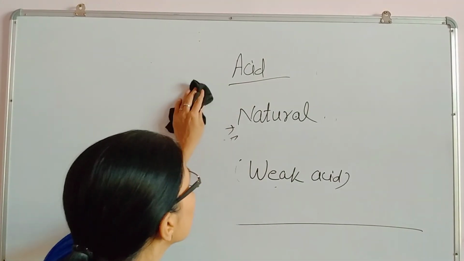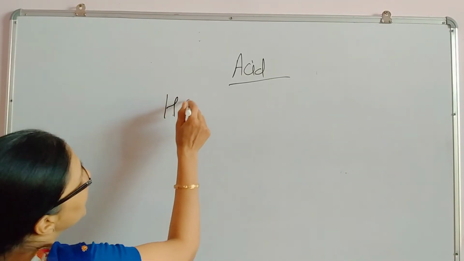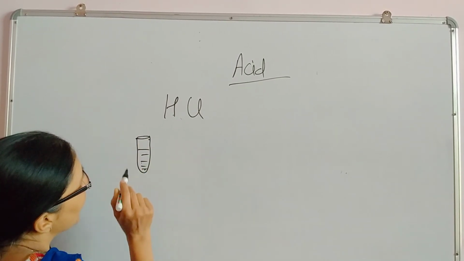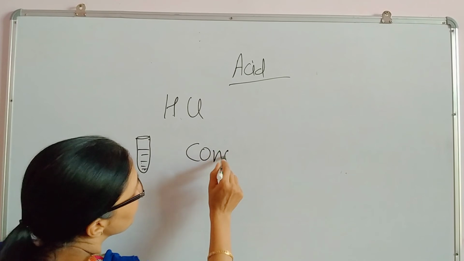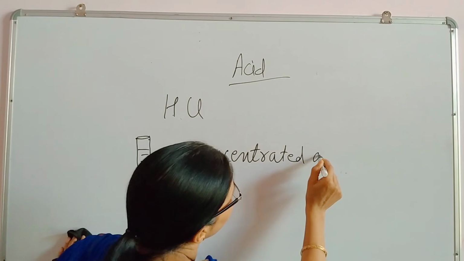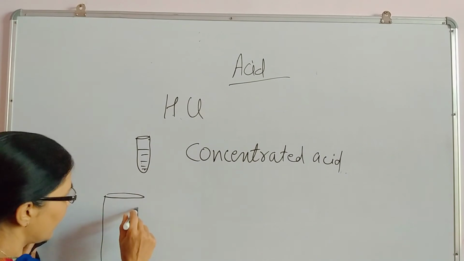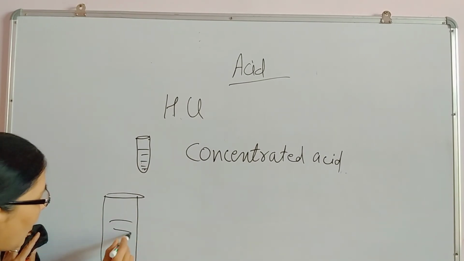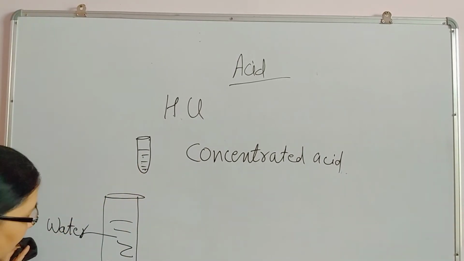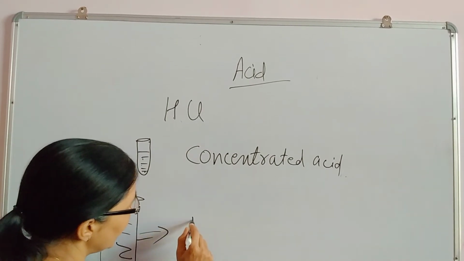Now after strong acid and weak acid, there is one more category of solution. Like, you are taking one test tube of HCl acid, directly present as it is. So there is a word: concentrated acid. Now this test tube of acid you have added to a big test tube, and the rest you have filled with water. That means in this amount of acid, you have now added water. Now the same acid will become dilute acid.